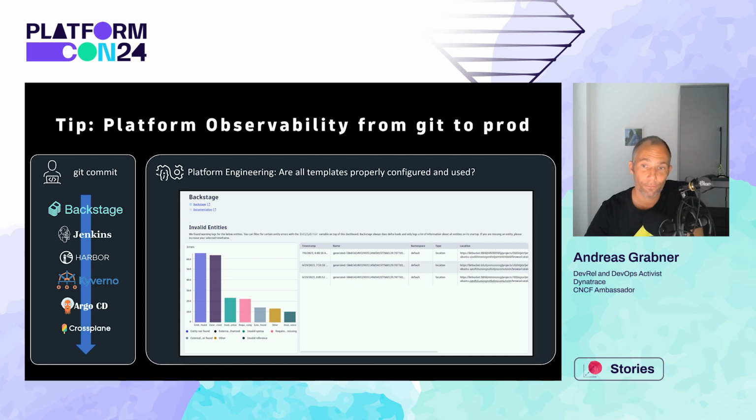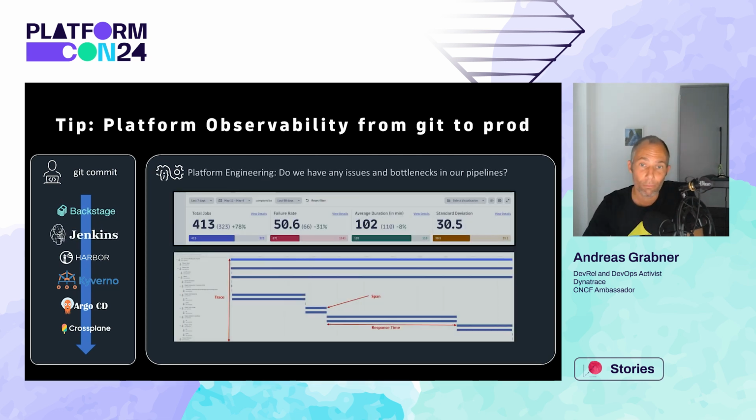Next step is, a lot of people are still using Jenkins for CI. It's a great tool. You want to make sure that you're using observability in your CI to monitor how often your pipelines run, how long they run, how many they fail. As I mentioned earlier, a lot of people in this conference talk about DORA. You can use OpenTelemetry, for instance, because many and most CI/CD tools, pipeline tools, automation tools provide a capability to export OpenTelemetry traces for every pipeline run, for every job that gets executed.